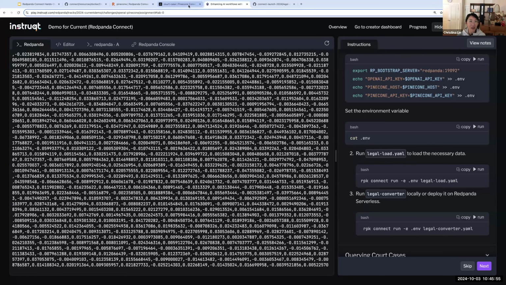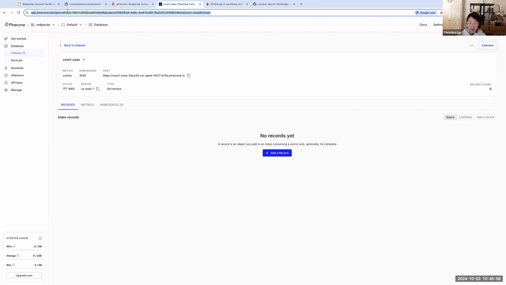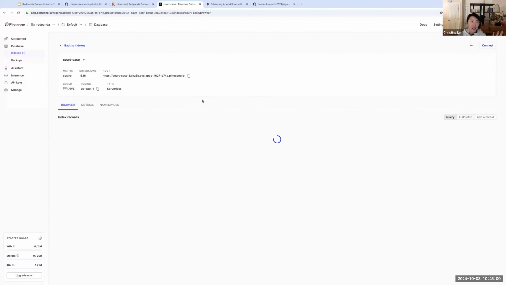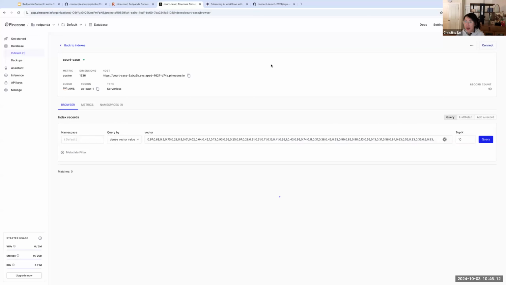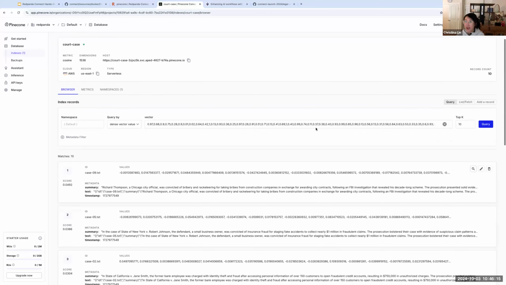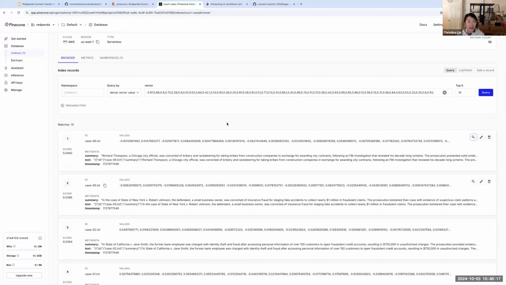And once it's done, I can go back to my Pinecone databases, the index that I created, and look at the records again. Let me refresh that again. It takes time for it to upload. Here, see, the data are all available here, and this is the actual vector that it was turned into, right? So this is what it is, and then I can go ahead and start my